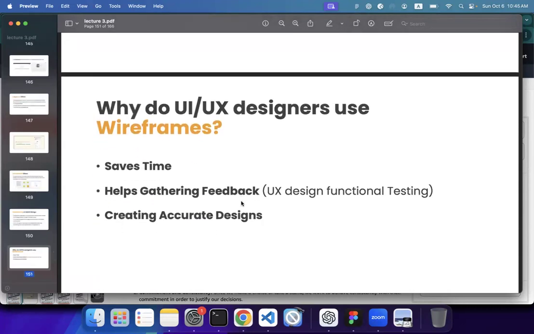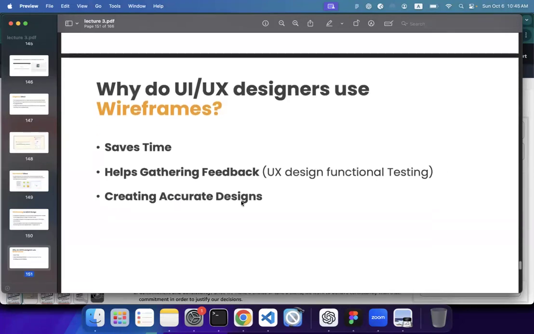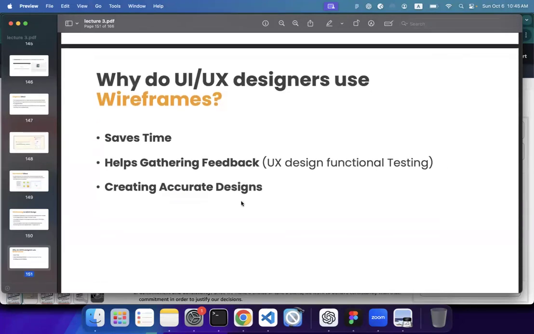Why do UI and UX designers use wireframes? Number one, it saves time. So even though you feel like in the beginning, let's say when users come up with the requirement, doing the interviews and then creating wireframes and then finally creating the visual design is taking so much time. So why are we going to create wireframes when we can directly move on to the designing altogether? As a UX designer, when I started my career, I thought the same way. But by moving on, by having some experience, I realized that when we skip the process of wireframing and directly move on to visual